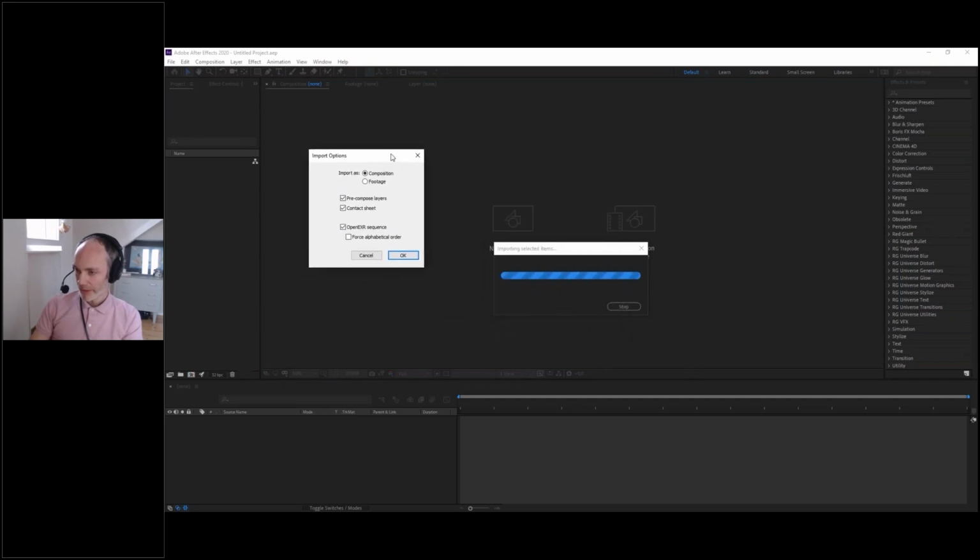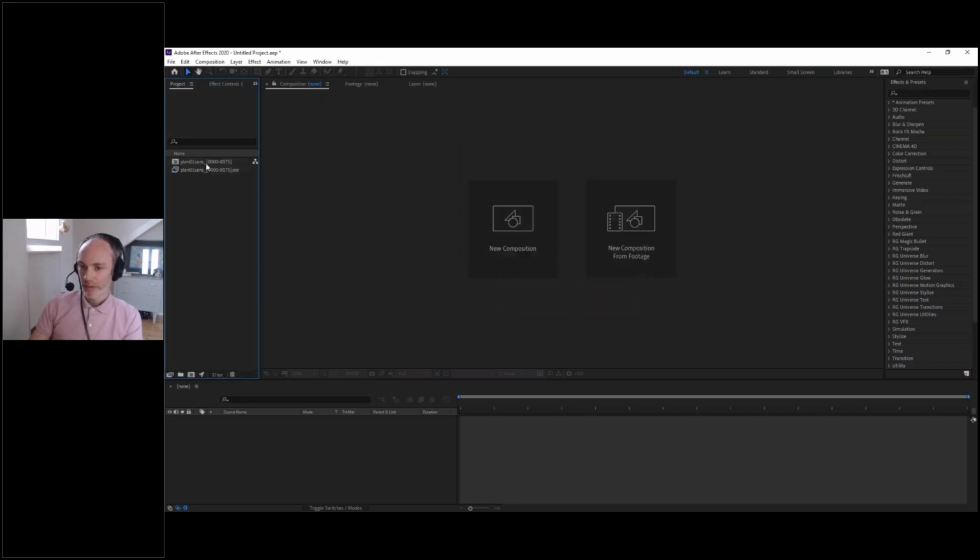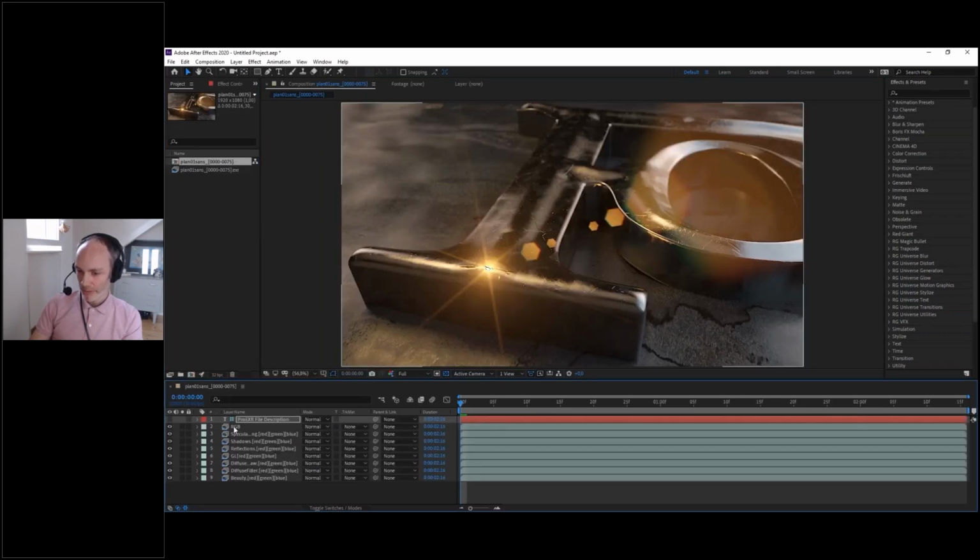When I import it, I have this dialog box. I need to use it as a composition. I don't need to use pre-compose layer, but I do need to have that. Okay, I hit OK. And now I have a composition and the OpenEXR layer. If I open the shot, you can see we have all the layers.